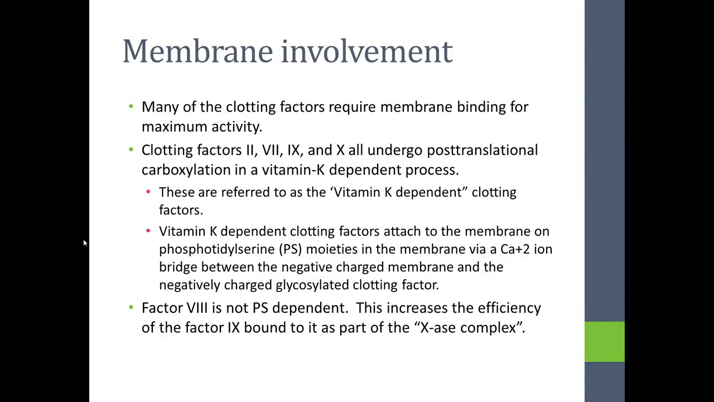People with vitamin K dependent clotting factor deficiencies have slower clotting time and bleed more. And we'll talk more about those issues in later videos. Vitamin K dependent clotting factors attach to the membrane using phosphatidylserine moieties largely, and are bound to the membrane, at least in part, by calcium ion bridges. Factor 8 is not phosphatidylserine dependent, and this allows that tenase complex to be much more effective than factor 9